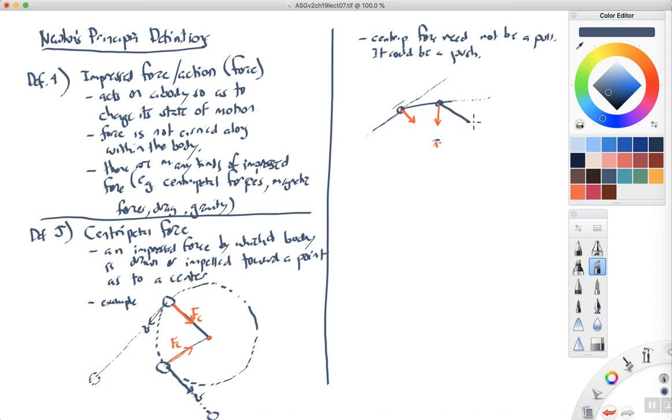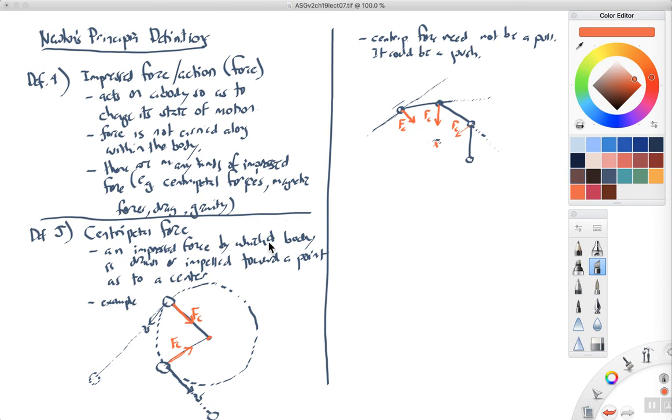And then let's suppose that when it gets over to here, once again, there's someone standing there and they hit it on this side with a stick. And so there's now a force acting in that direction. So whereas the hockey puck would have kept sliding in this direction, now because of that strike, it's moving in that direction. Okay? So because all three of these forces are directed toward a point, as toward a center, those can all be considered centripetal forces.